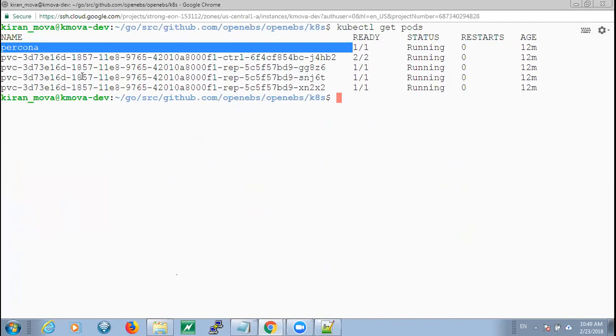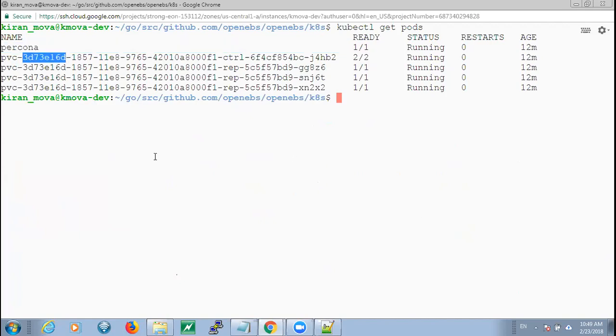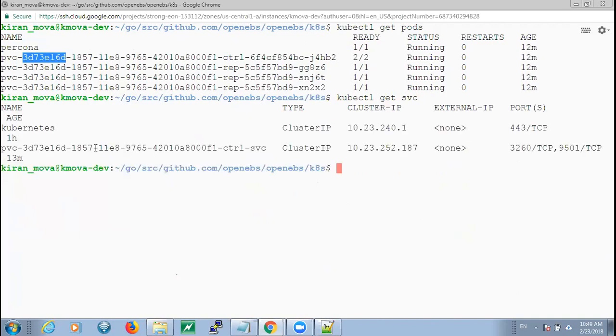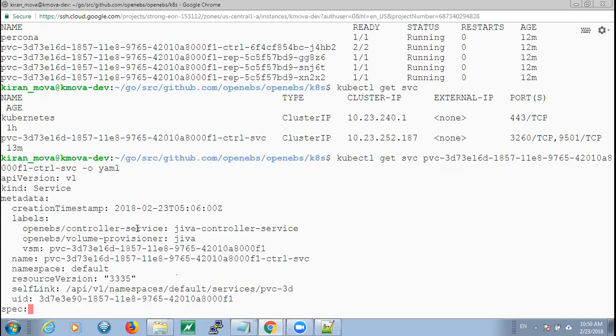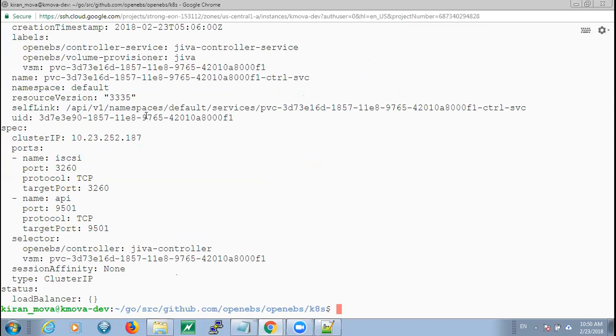Okay. So with this particular PVC, the kind of Kubernetes objects that get created when we launch it, the first one is, kubectl get svc. We create a service. In fact, the first step is to create the service and get this cluster IP for the target that we are going to be running. And then